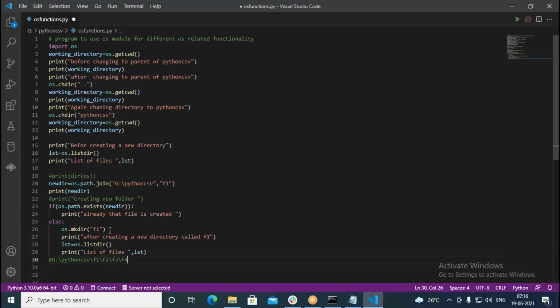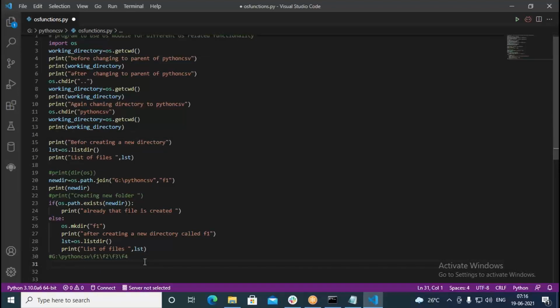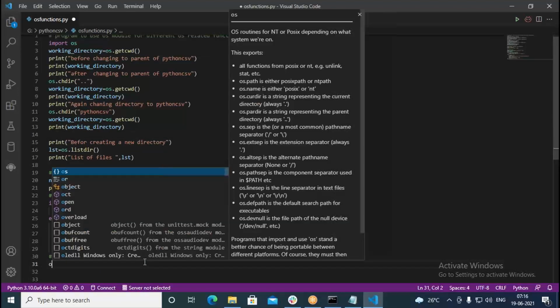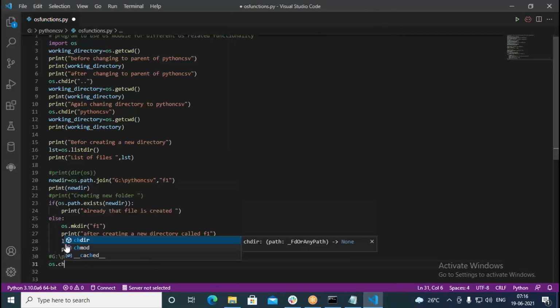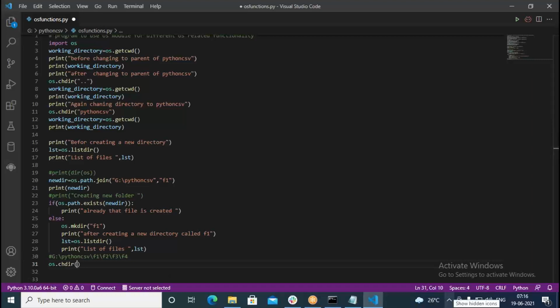So first what I do, I move into the F1 directory. From the F1 directory, I want to create F2, F3 and F4. Recursively, I want to create. So in such cases, we can use the makedirs command. Using the makedirs command recursively, you can create. Now come to this point here. Once again, I write the os.chdir command. With that, I can move into the concerned folder. So what folder exactly is that? It is new dir, we can specify. So we change into the new dir folder.